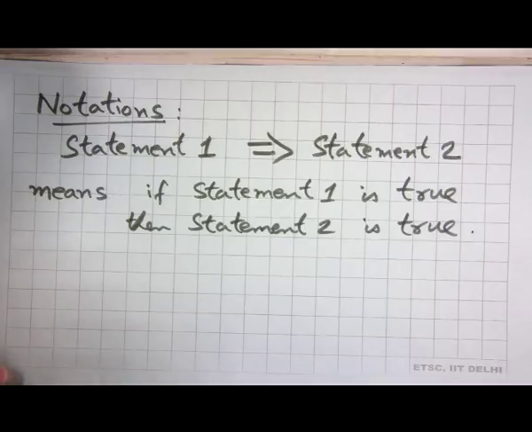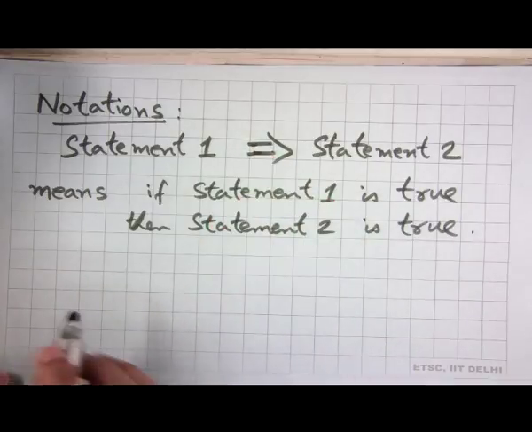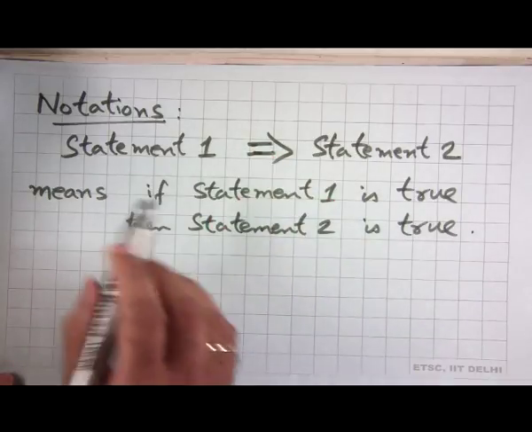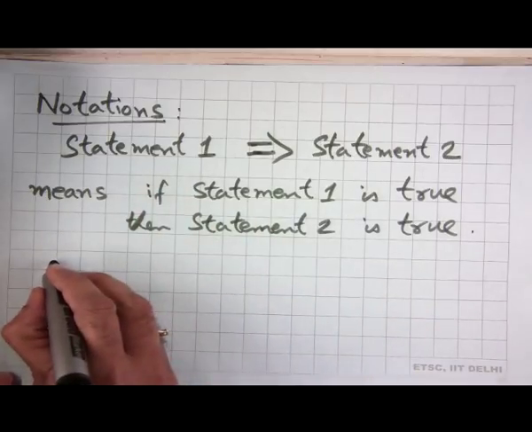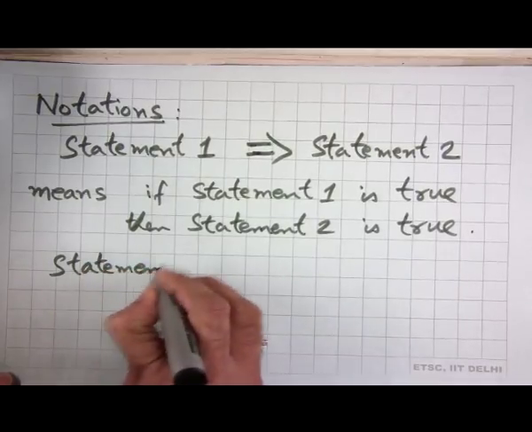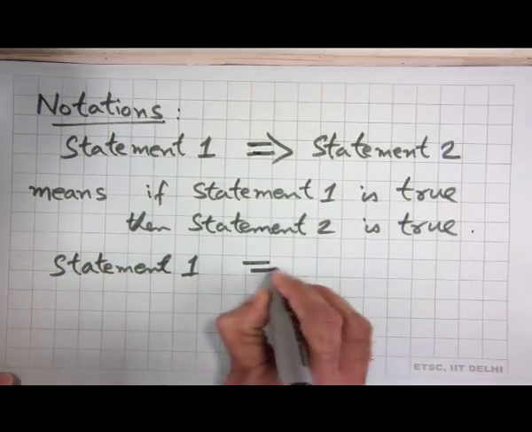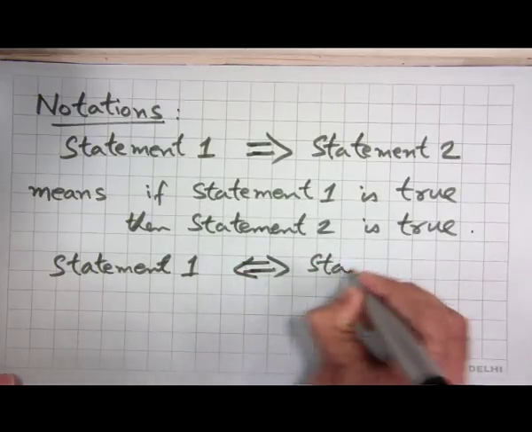So, instead of writing this if then statement, we use this implication sign to say that if statement 1 is true, then statement 2 is true, and another one we use is statement 1, this both sides implication, statement 2,